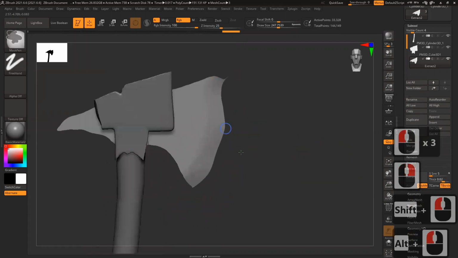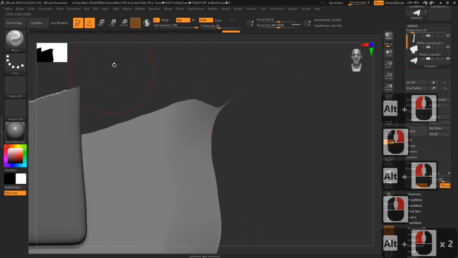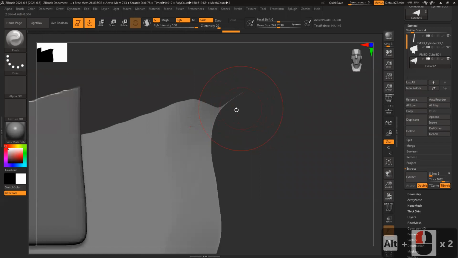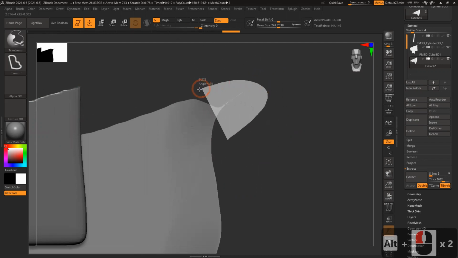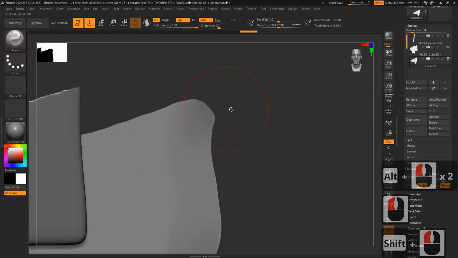Okay. Now, this particular part is slightly outside. So what I'll do is Control Shift, you see, trim lasso. I'll delete that because that will make it really difficult for me to handle.